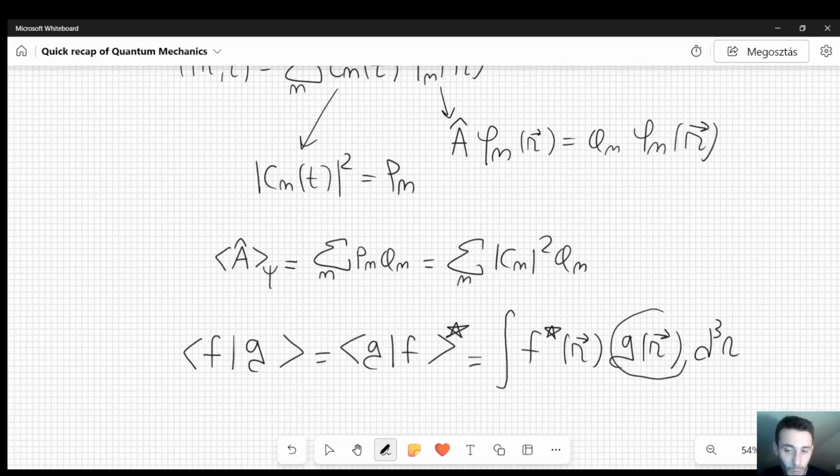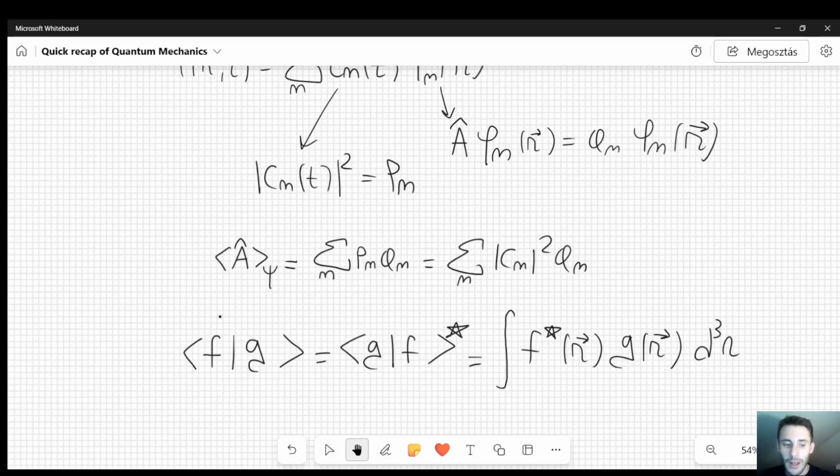A function that depends on a certain variable can be thought of as a vector, and in this case, of course, it is a vector with an infinite dimension. So we have an infinite number of points which cannot be counted, so they are uncountable. And this is another way of thinking of a certain inner product in this infinite dimensional domain, which is very